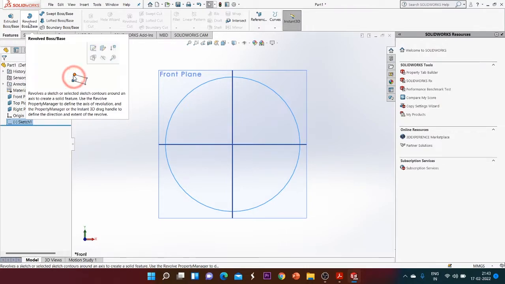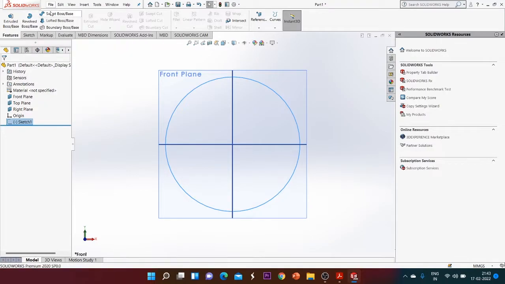This option or this command we will learn in the next session. Then a sweep boss. Sweep is a special kind of revolve, or you can say sweep is a special kind of command which will provide us a different kind of shape which is following a particular path. You will use this particular command when you are dealing with a component which is kind of a pipe, or you can say a section which is following